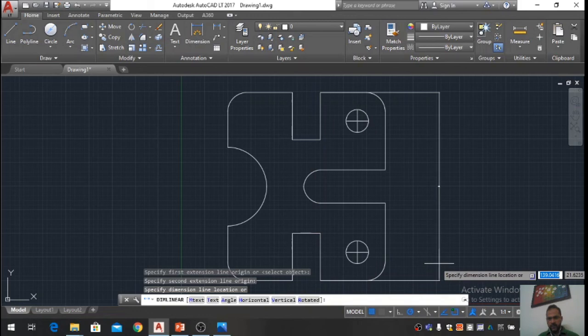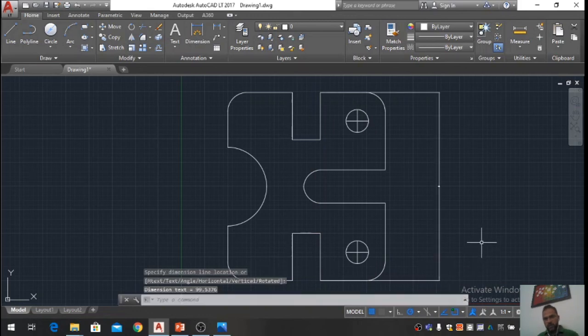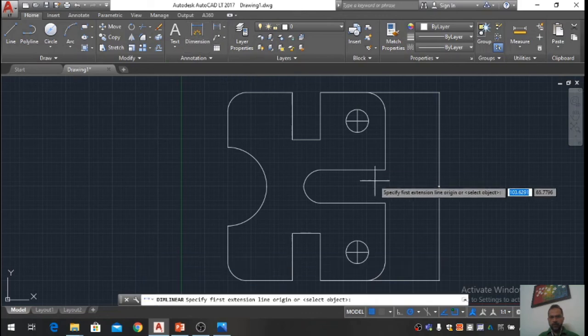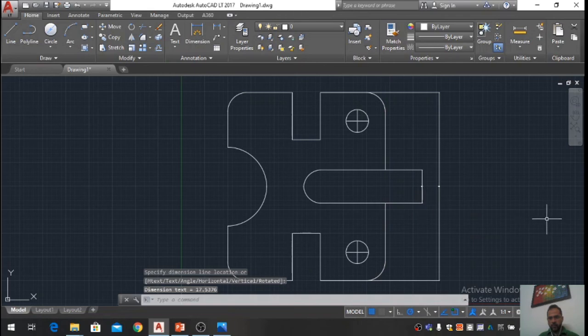For example, this is not visible. I'll just tell you how to make it visible. We can do as many dimensions as we want.